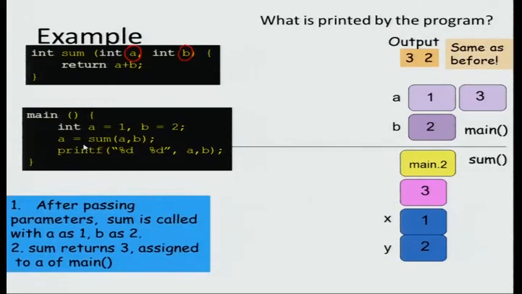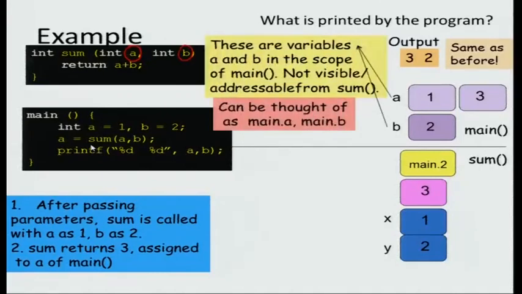So, what really happened here? After passing the parameters, sum is called with a as 1 and b as 2, and so it returns a value 3 assigned to the a of main. Now, these variables are called a and b in main, and they are called a and b in sum as well. The variables a and b inside sum are different from the variables a and b inside main. So, the scope of these variables is main, and the scope of these variables a and b is the sum